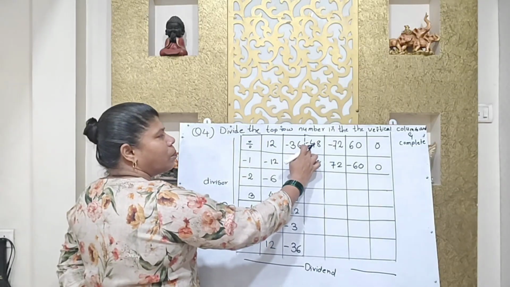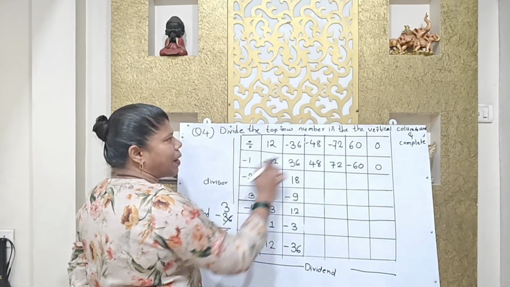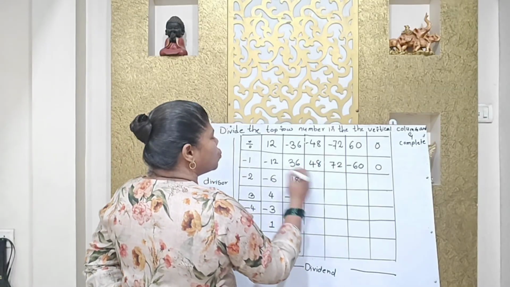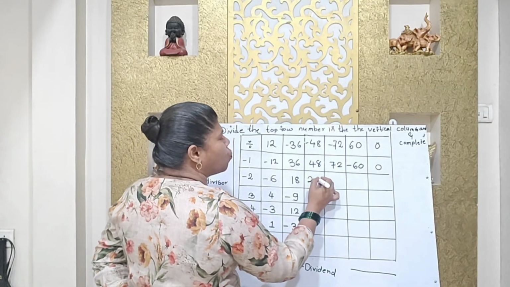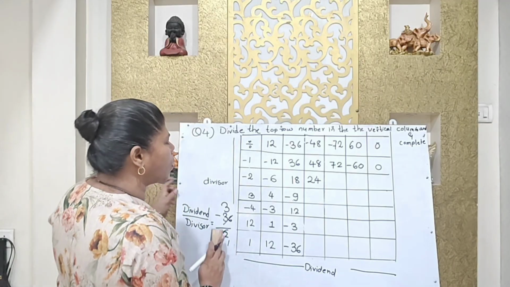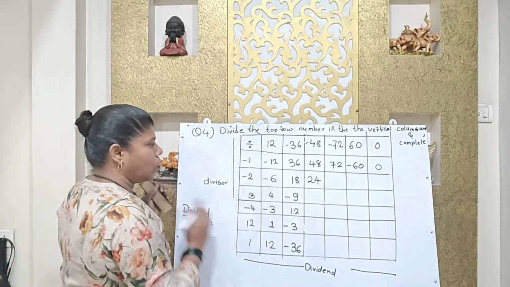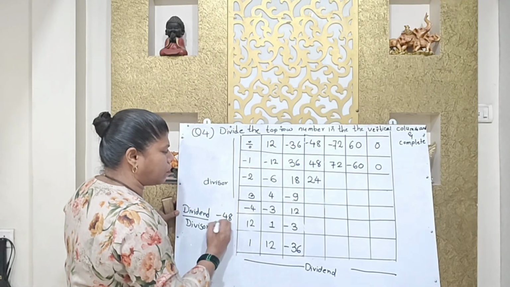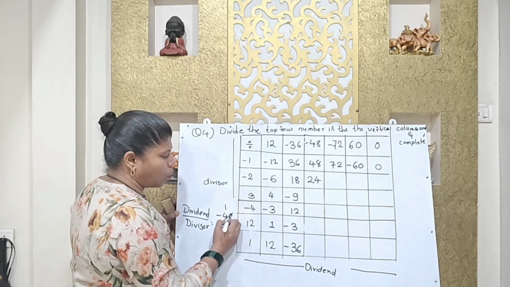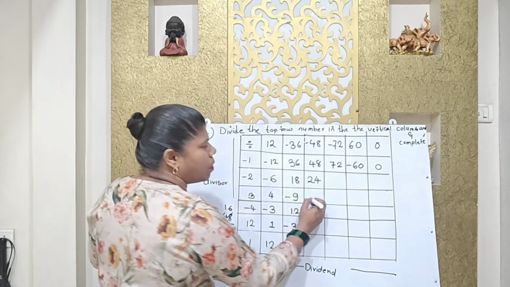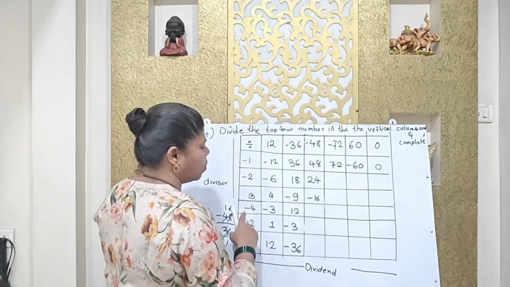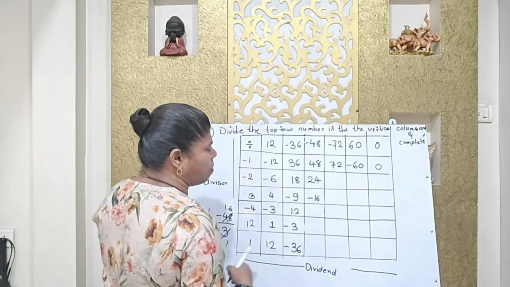Again, -48 divided by -2, minus minus plus. So we divided 48 by 2. So 2 2s are 4, 2 4s are 8. Then again, we will divide -48 by 3. 3 ones are 3, remain 1, 3 6s are 18, the answer will be minus 16. Positive, negative, always negative. Minus, minus, plus, answer will be plus.